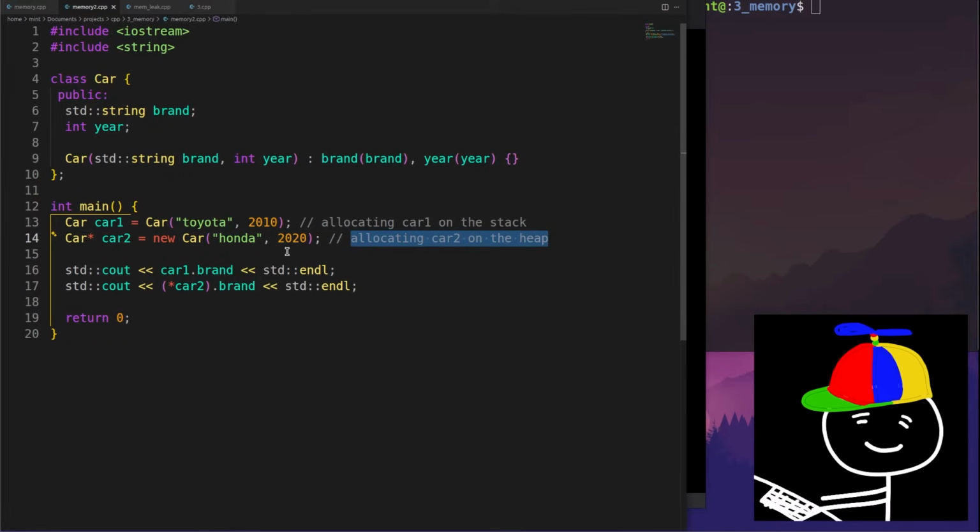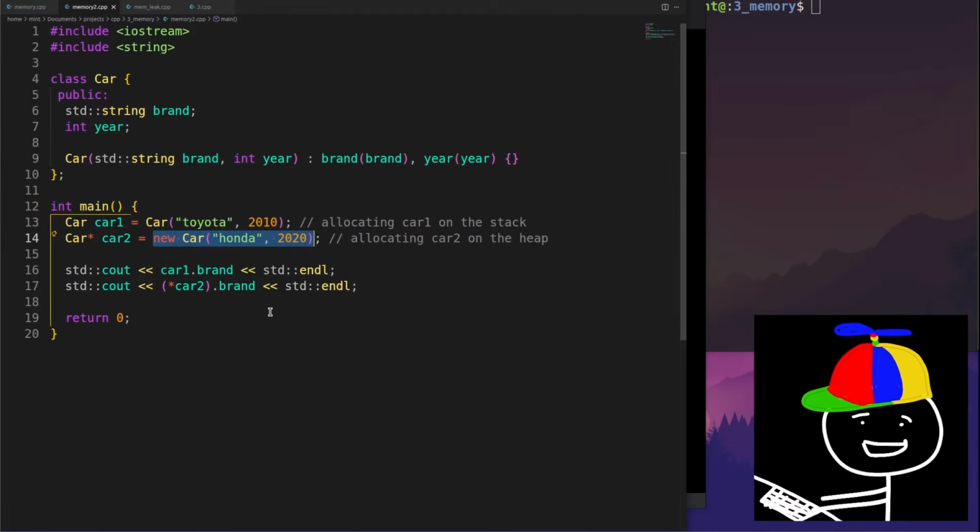So that's why they talk about manual memory management. If you're using heap memory, you need to remember to free that memory by using the delete keyword and deleting this car2 on the heap before the completion of this main function's execution.